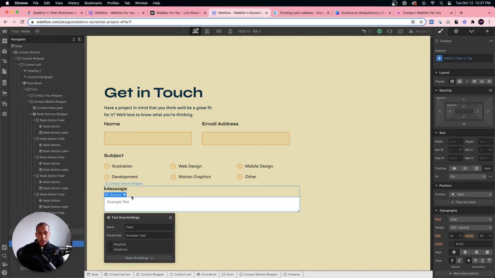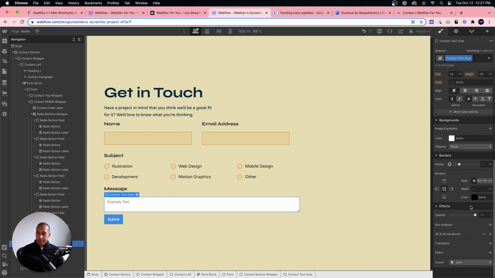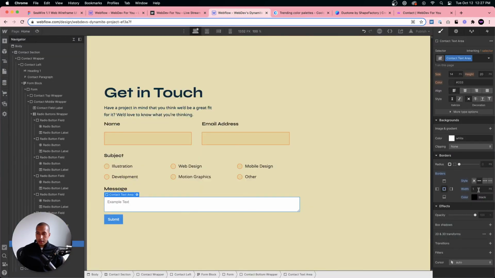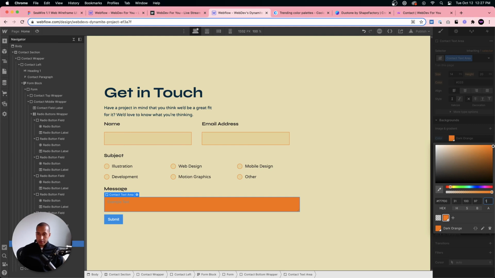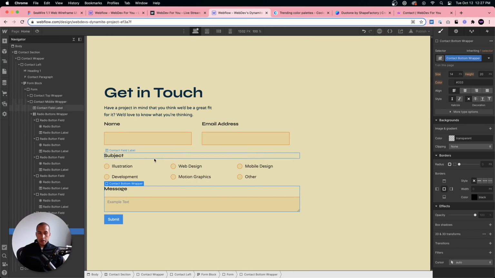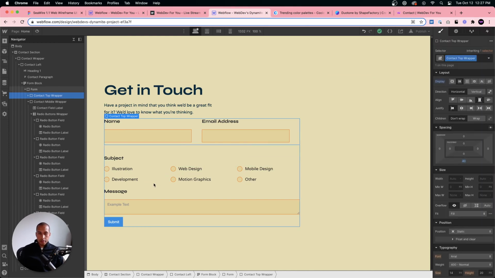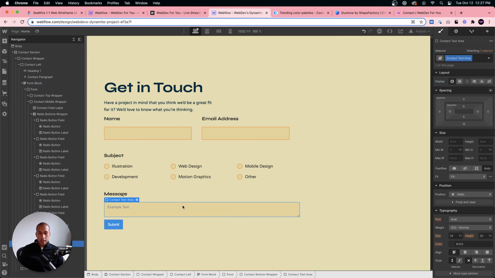Okay, and I'll say contact text area, and let me grab my colors here. Actually, I added it as a global swatch, so I can just go into the border, set it to orange, go into the background, set it to orange with an alpha of 10. Okay, cool. So that's looking good. I'm gonna go ahead and add a bit more margin to the bottom of these different sections, maybe like 40. Yeah, that's looking good. And then for this text area, I'm gonna set the height to 150.